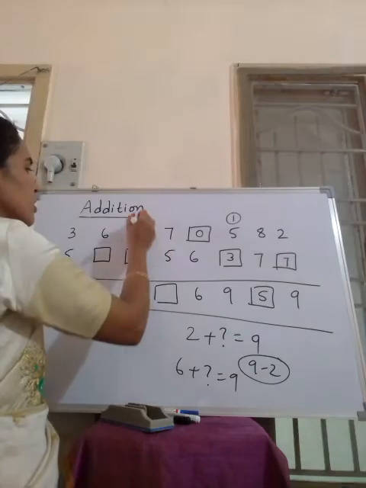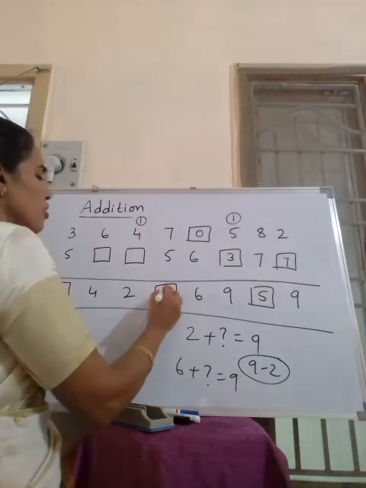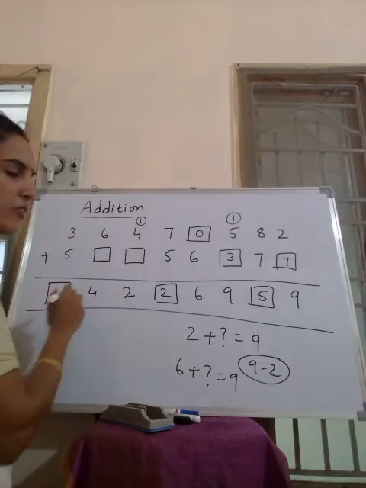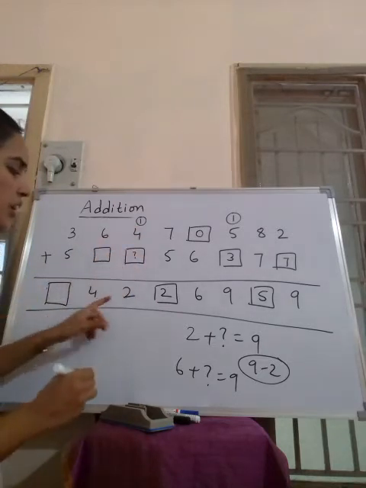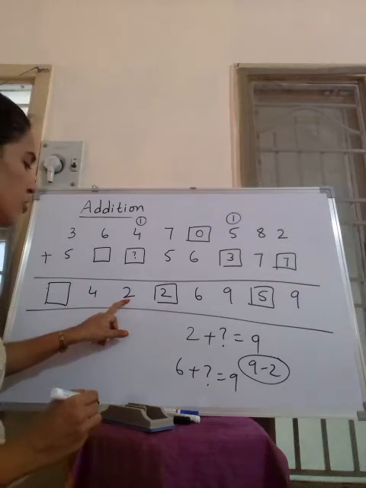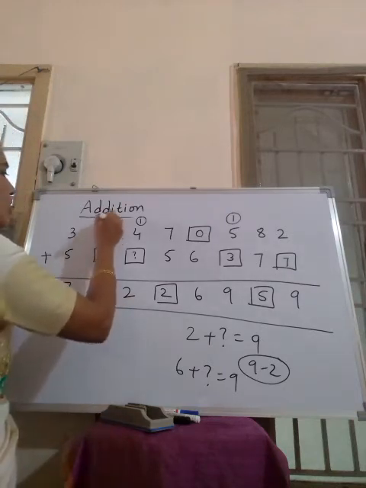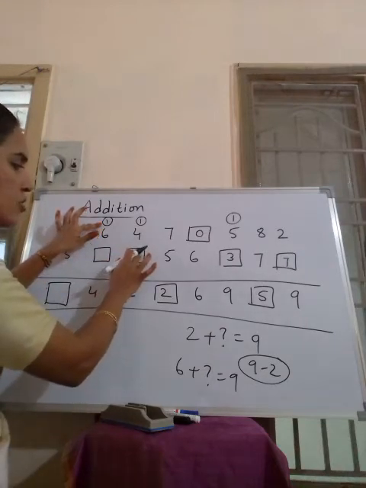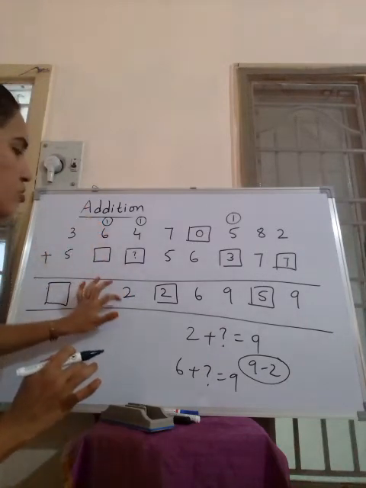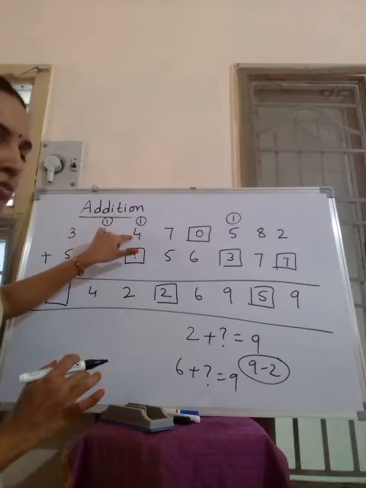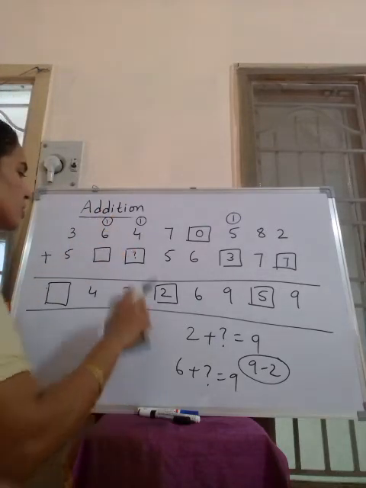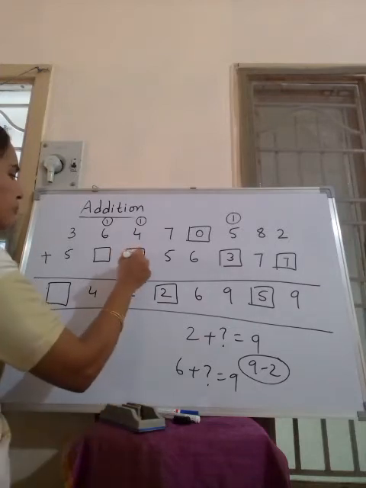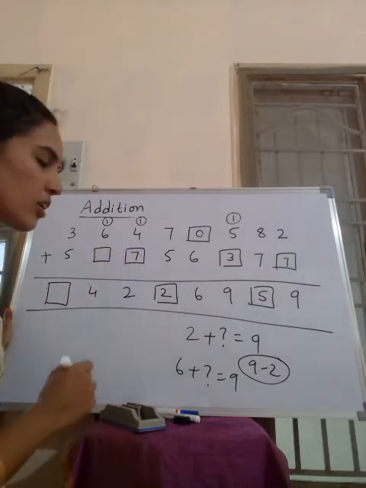7 plus 5, if you add you get 12. Now 1 plus 4 is 5. 5 plus any number, do we get 2? Not possible. Therefore it is a two-digit number, that is 12. We cannot take 22 or 32, because we have to write a single digit here. Therefore the total is 12. 1 plus 4 is 5. 5 plus which number gives 12? That is 12 minus 5, that is 7. 5 plus 7 gives 12.